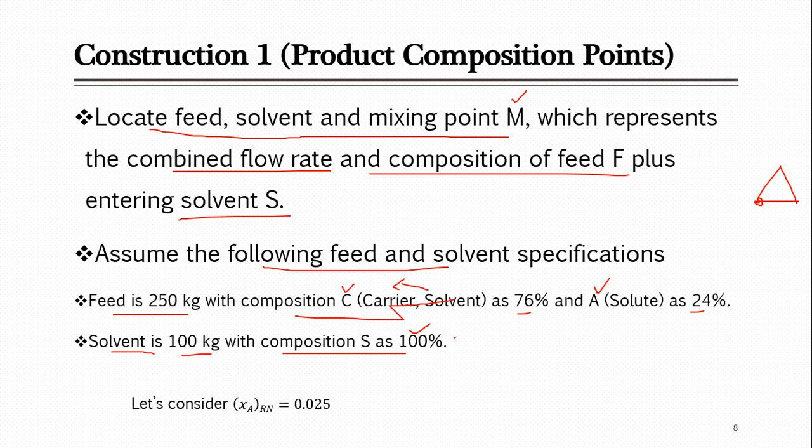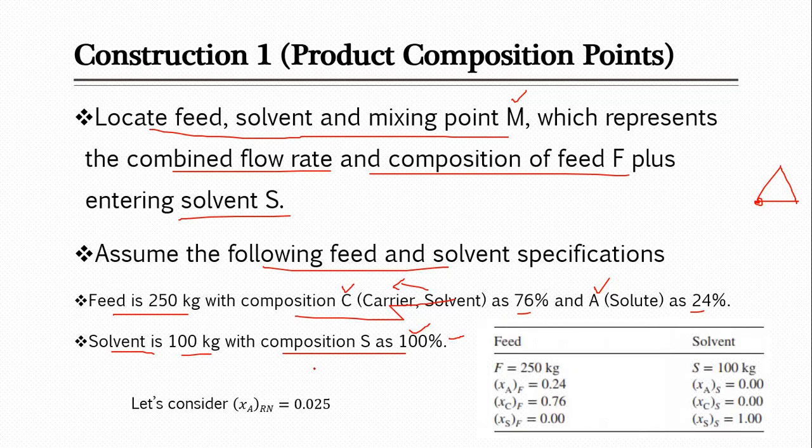So just look at a few examples. Write a few things, like you have 95% solvent and 5% of these components, then where S will be located, for practice actually. And then here you can see its composition, and the same stuff which is given overall in the form of mole fraction and mass fraction is given here. Feed is 250 kg and 24% of it is your solute, which is represented with A.